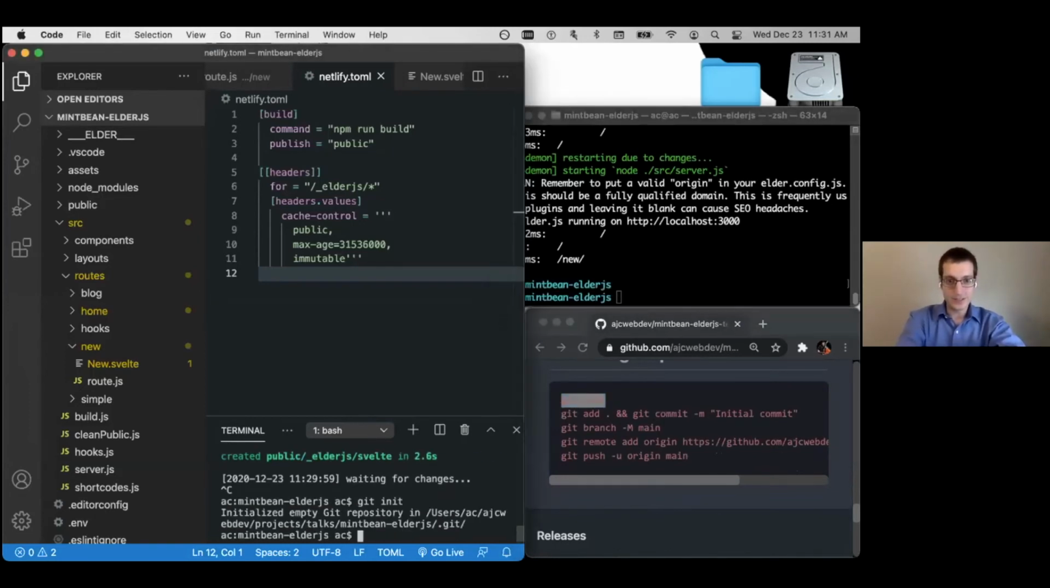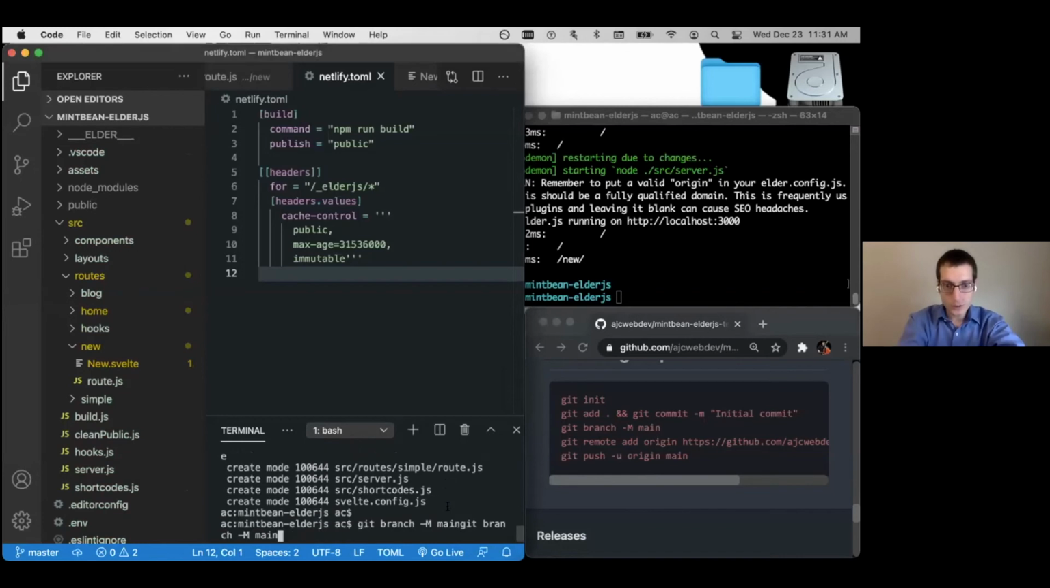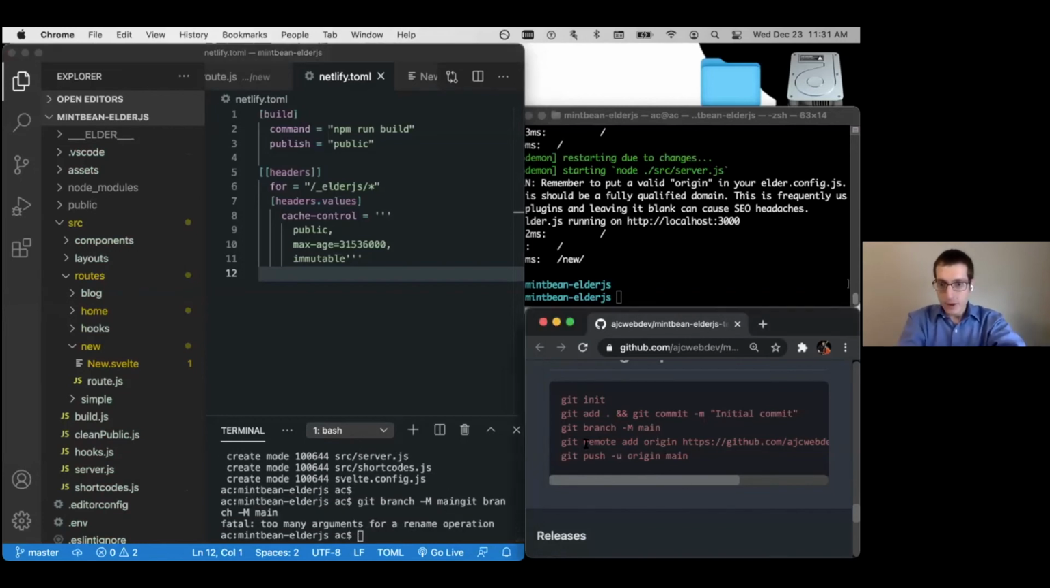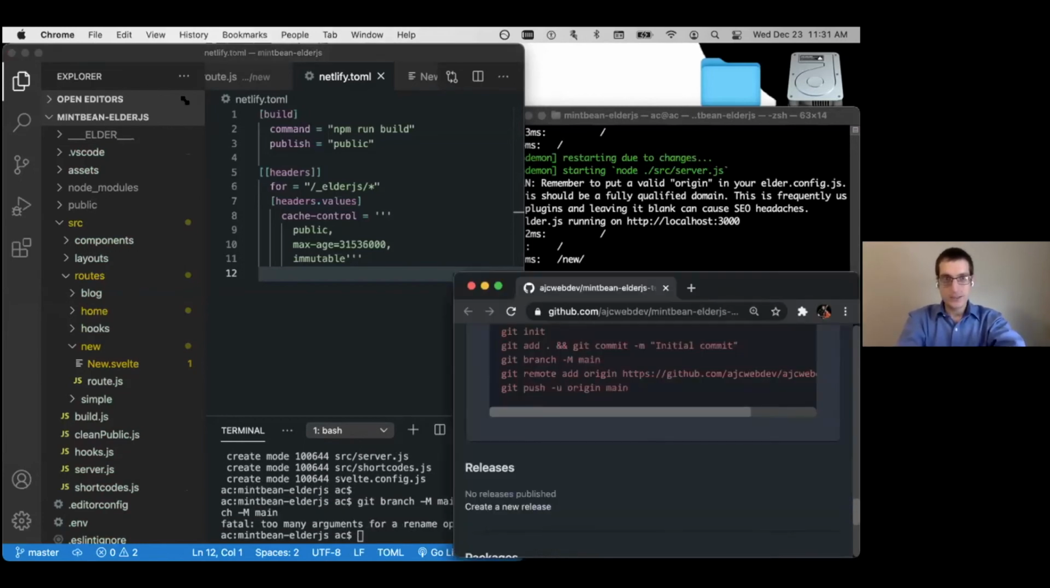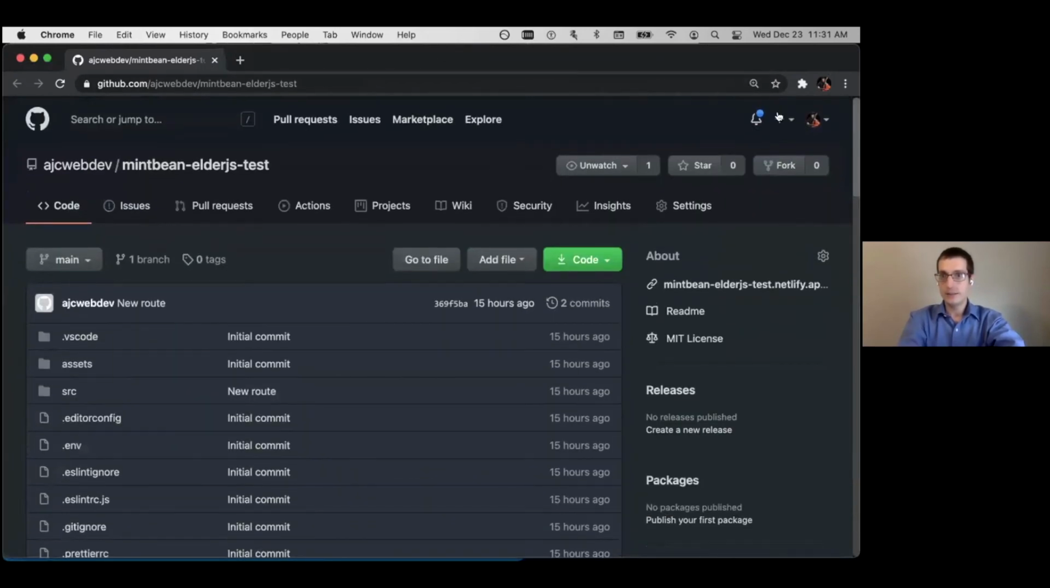So we're going to git init, initialize empty Git repository. We're going to add all of that to the staging area and then create our first commit. We're going to change our branch to main. We're going to then create a new repository that is going to be called, and this is kind of like my process, by the way, for these talks,